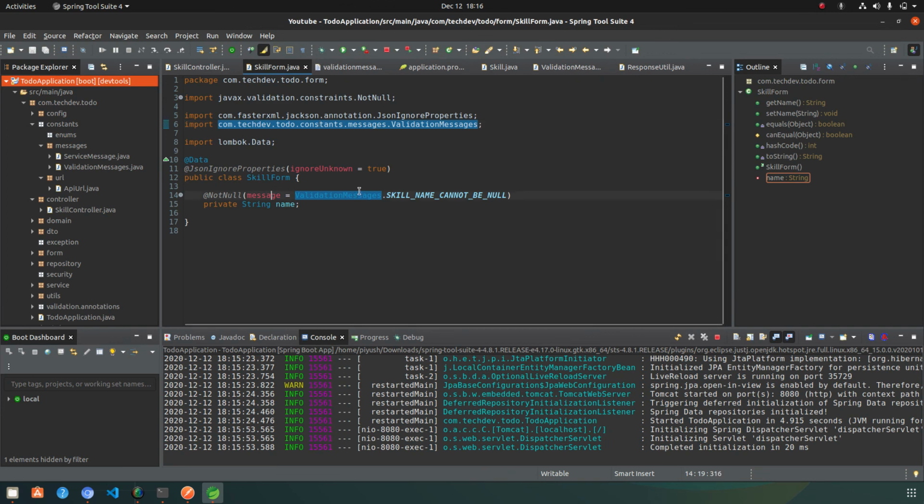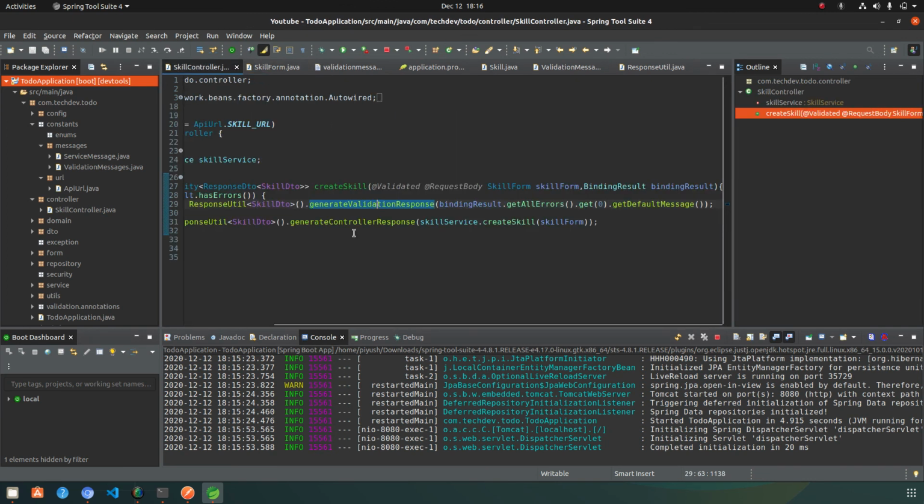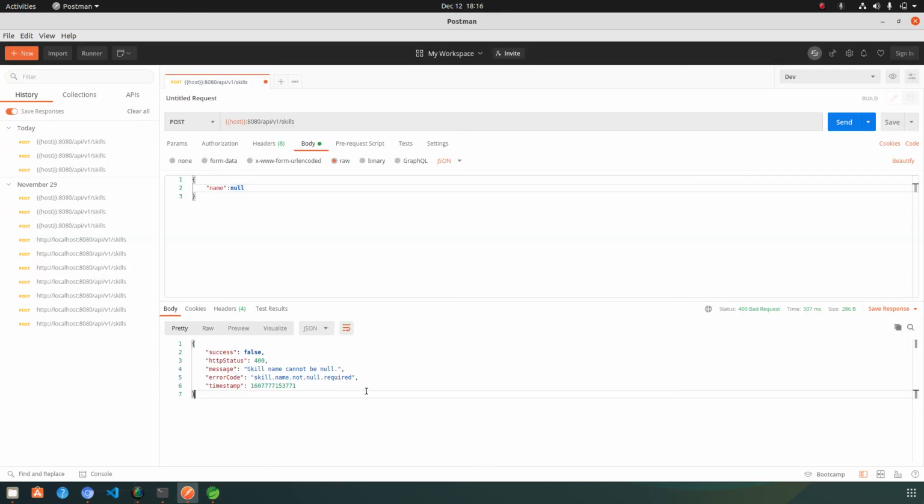In the skill form I have passed that message, and using the skill controller, inside the get default message I was getting the same message, and using the response util my handler is converting those keys to the message. So you will get the response clearly here that skill name cannot be null.